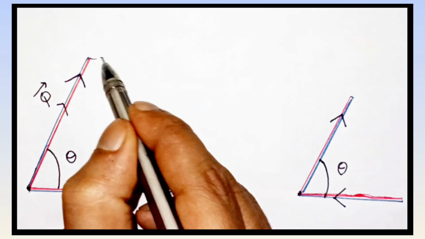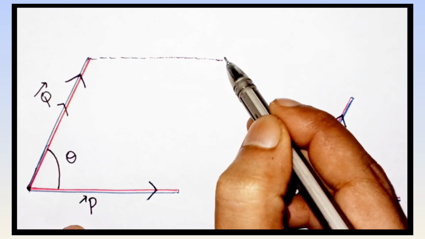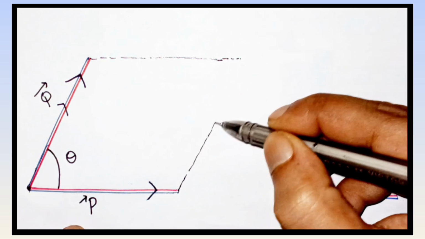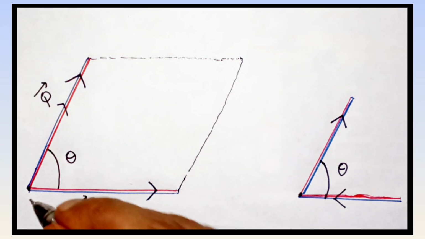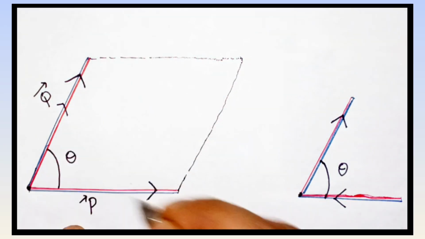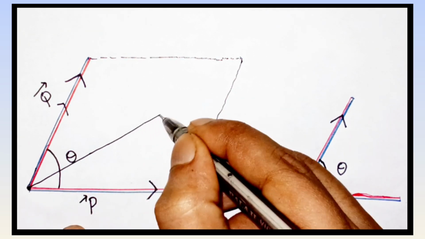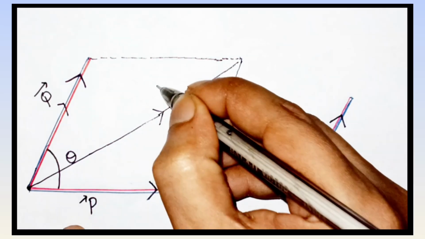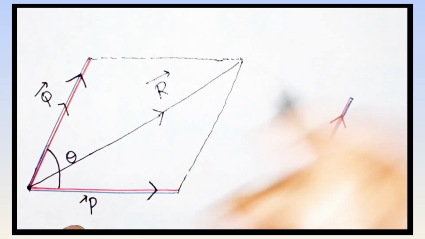Okay. At first we have to make a parallelogram using the drawing. So I draw two lines and make a perfect parallelogram, and you can note down. The parallelogram law states that if two vectors are represented by the two sides of a parallelogram, then the diagonal from the joining point represents the resultant of their vectors or their force.